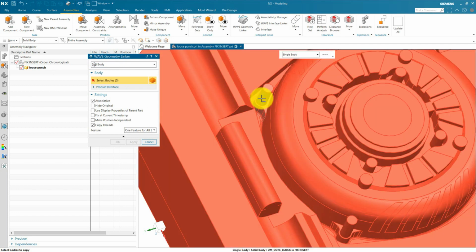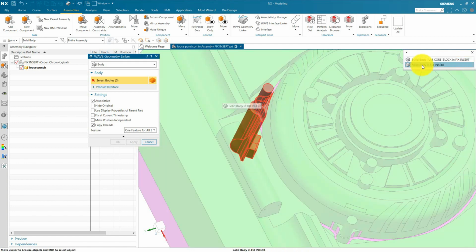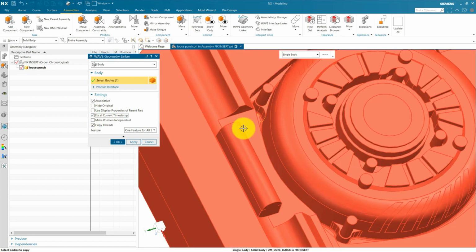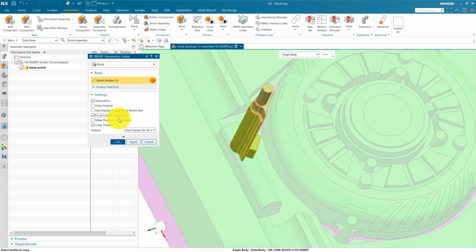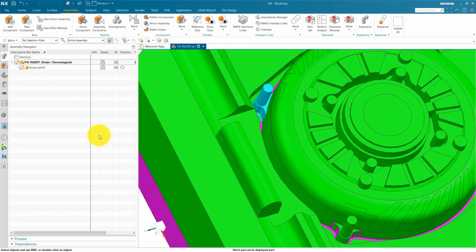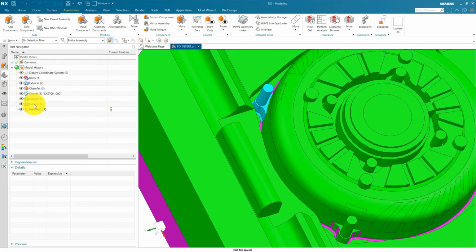Wait for quick pick and select this body, and we use fix at time stream. When we use fix at time stream, it will not be updated when any command is applied after the fixed time stream. I will explain you later. Press OK for now, and activate assembly. Save this assembly, and next